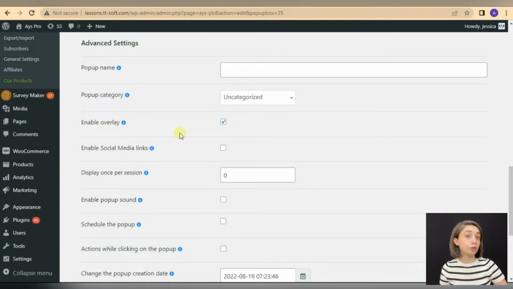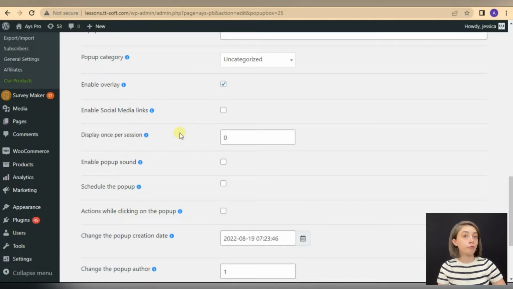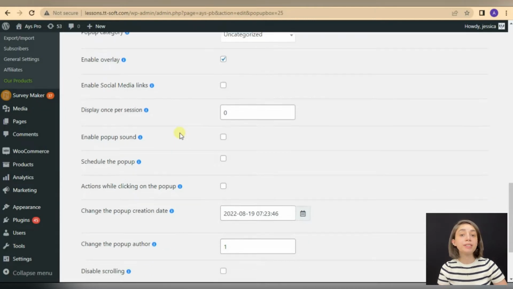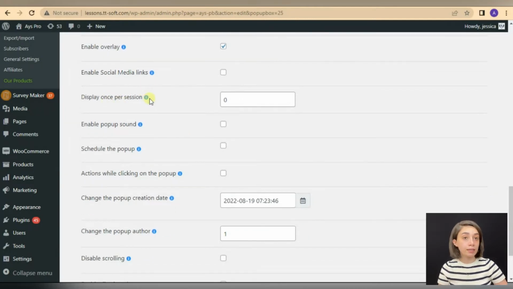name. You can categorize your pop-up so that it is easier for you to find the specific ones that you need. And you can enable overlay, social media links, which for some cases can be a very important detail, and you can display once per session. This is so that you will not annoy your website users, so that someone has seen your pop-up already once and is refreshing the page, he or she will not see the pop-up again and again after refreshing for several